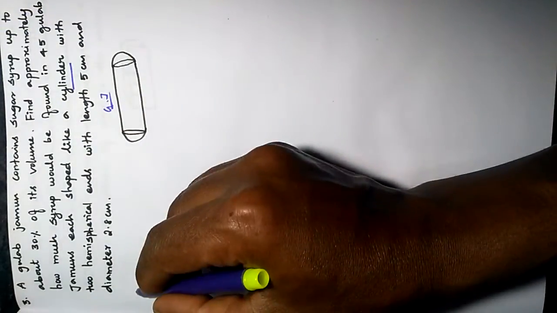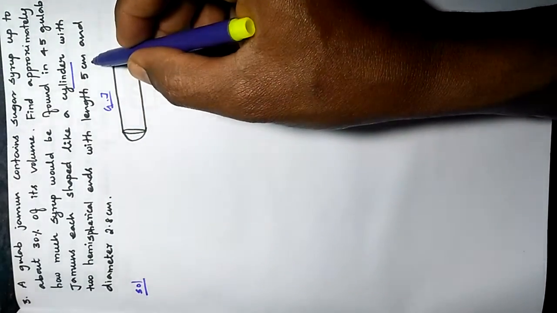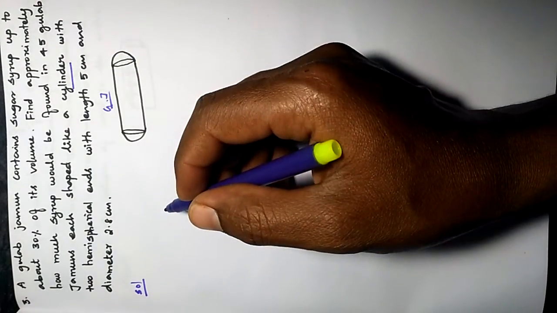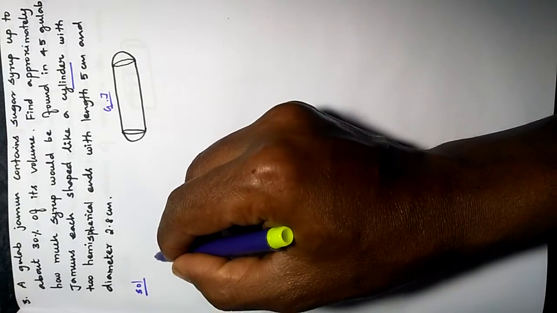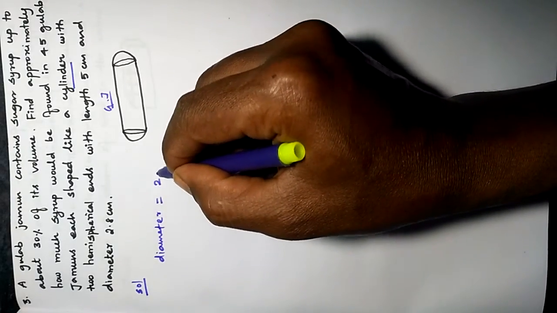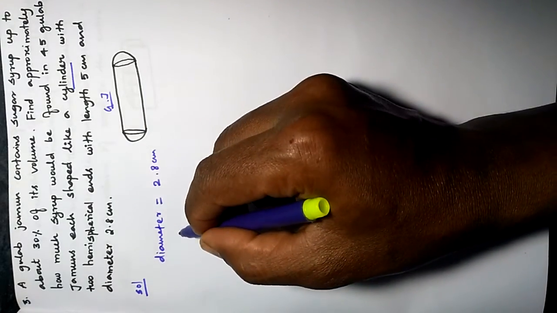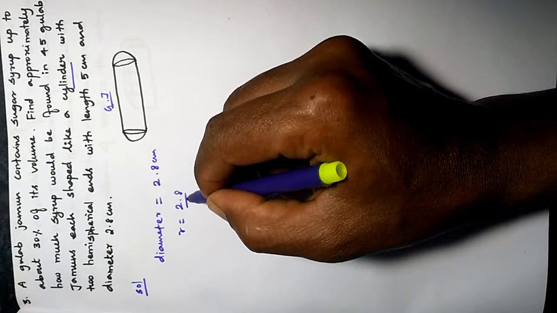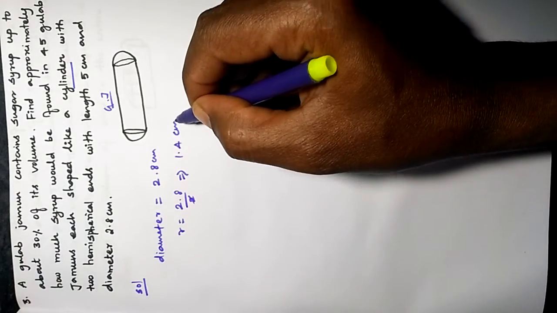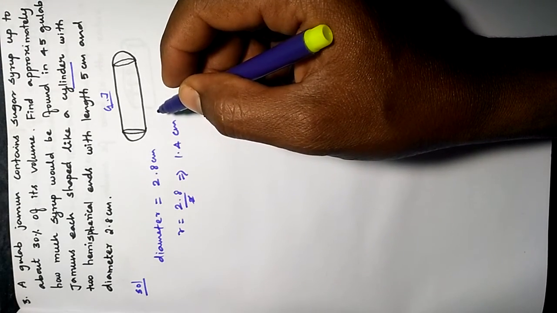Okay, so let's take the given data first here. The length is 5 centimeter and the diameter is 2.8. Okay, now let's apply. Diameter D is given here, how much? 2.8 centimeter. Let's take the radius. If you want the radius, 2.8 by 2, if you divide, you will get our radius equal to 1.4 centimeter. Okay, now the length of each spherical part will be 1.4 only,